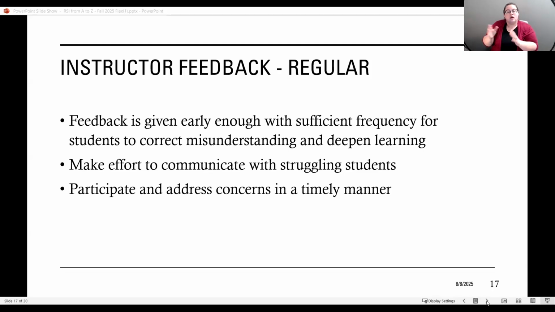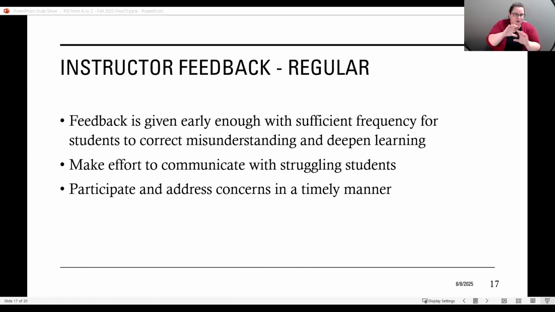Another thing that the ACCJC rubric focuses on is reaching out to students who are struggling. And we can't always see that. They're not going to be able to see your inbox comments or the emails that you send to them. But you could mention in an announcement that if a number of you students are struggling with this, or some of you didn't make the deadline on this last essay, I'm going to be reaching out to you. That way it's documented within your course, and then you're going to want to mention that in your syllabus.